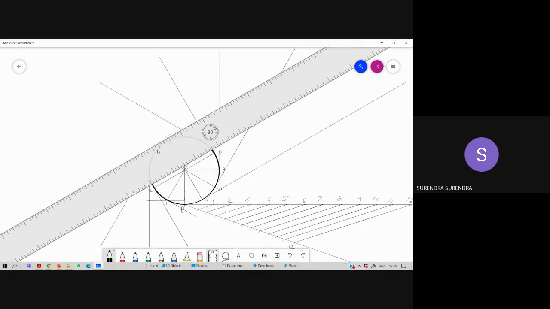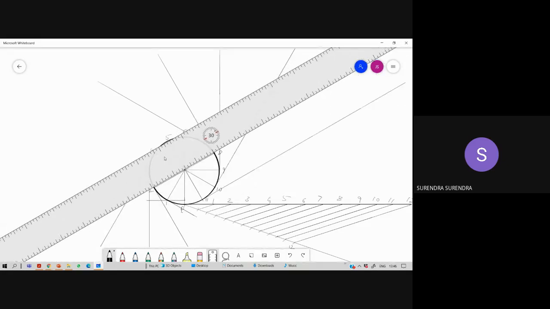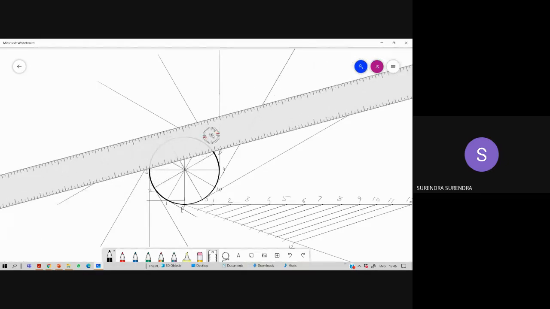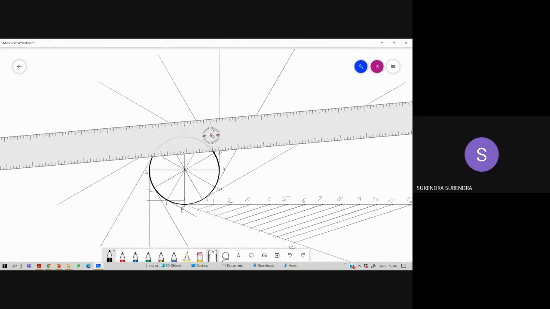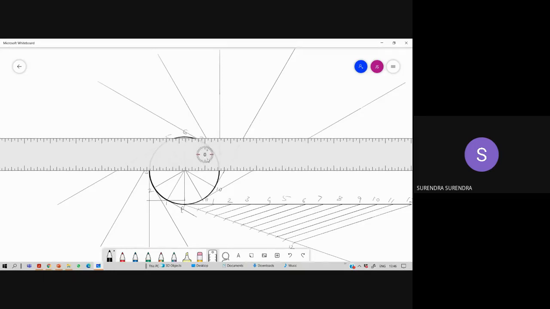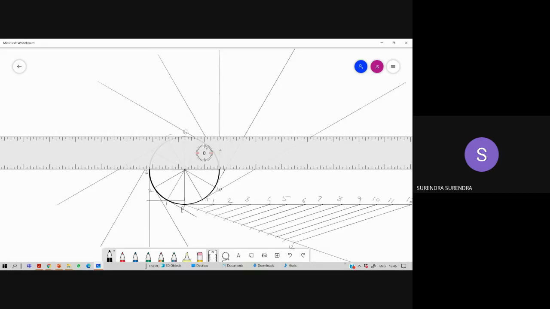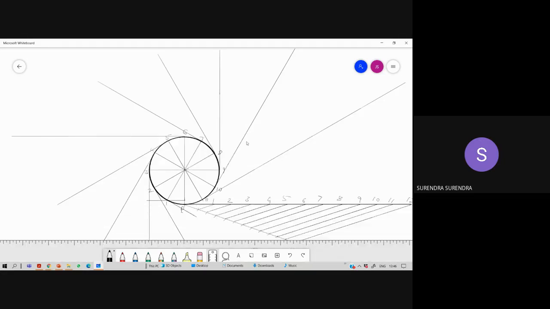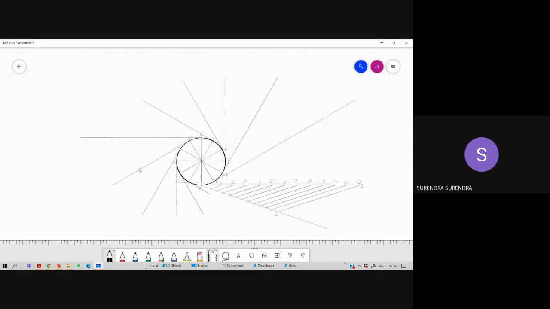Tangent at 5. So don't bother. Even if you draw the smaller one, later you can extend this tangent length. Even if you draw excess length, no problem. You can leave it. But the only thing is it takes a lot of space. So next, tangent at 6. Already there is a tangent at P, horizontal.